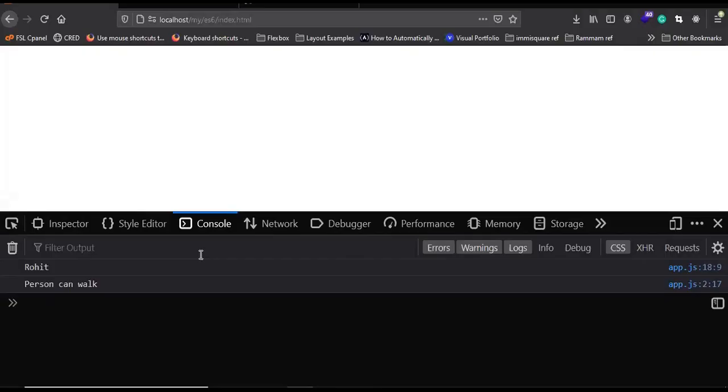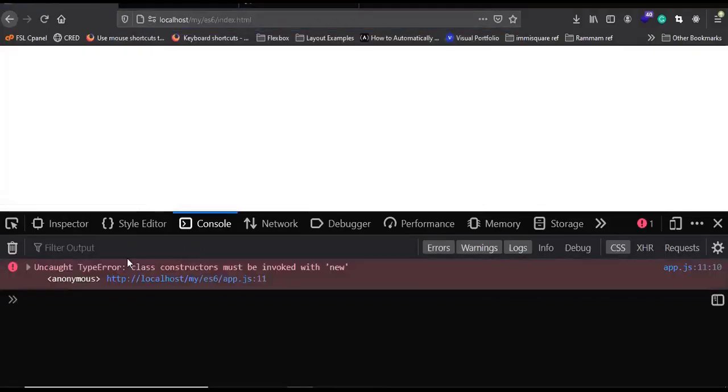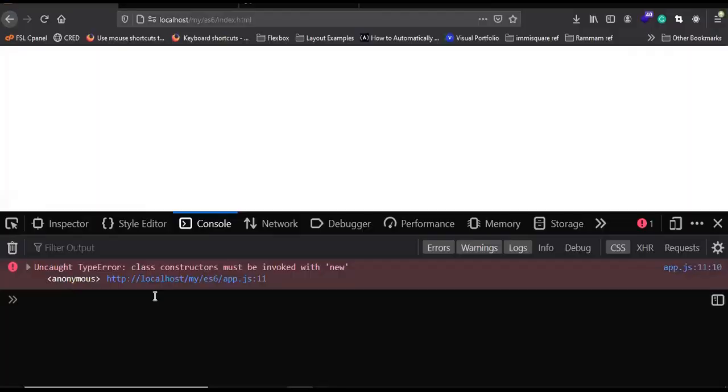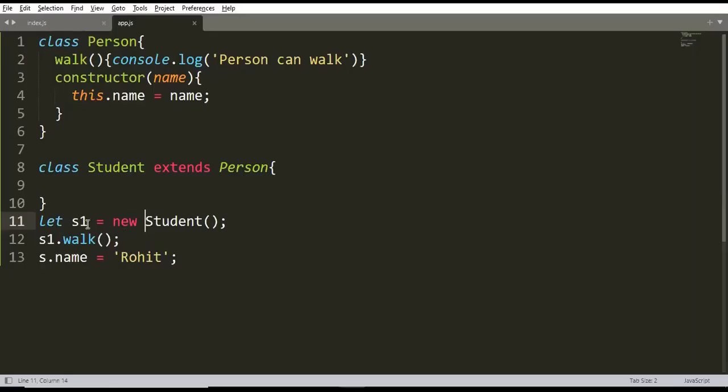If I just go to the console, just a second. Oh, we just forgot the new keyword. Now this is also a feature of ES6. In previous versions, there was no error shown, but now it reminds us that if you are invoking a class or creating an object of a class, use the keyword new.